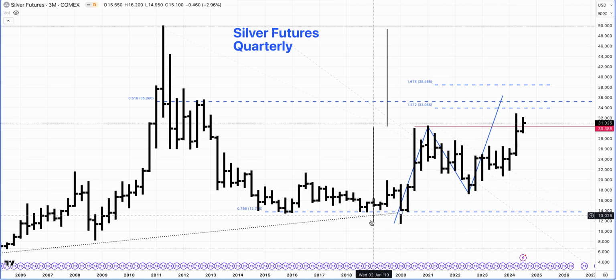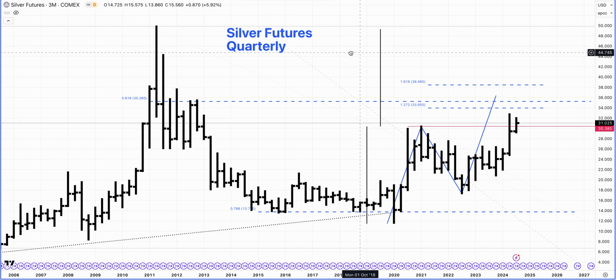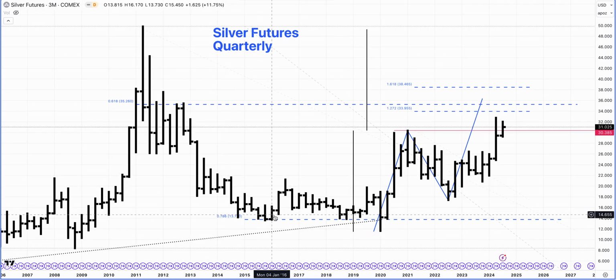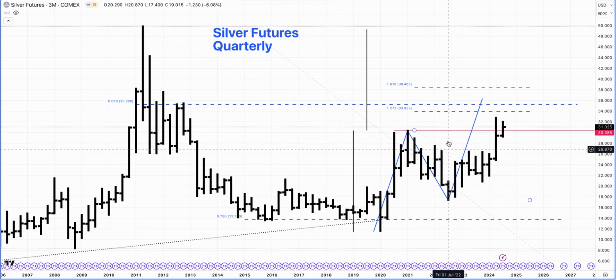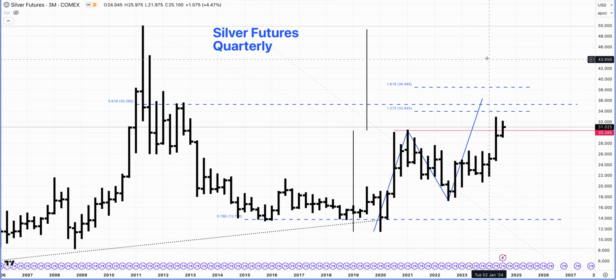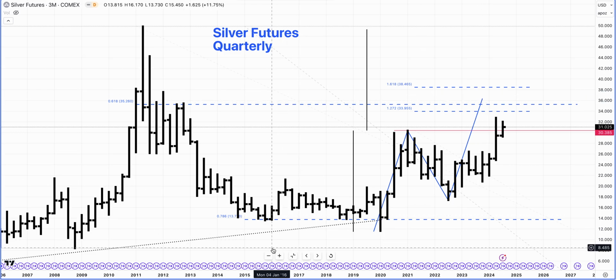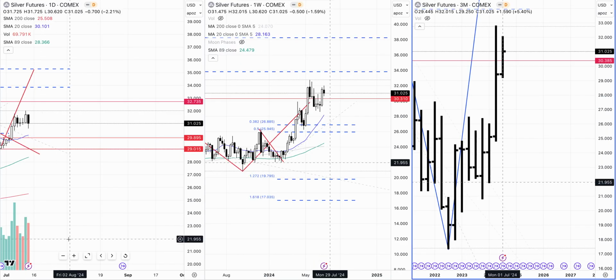And then if we do a kind of a Darwin box method to get the projection, then actually these highs coming in from April of 2011 around 50, the market might actually be challenging that as well. So there's a possibility for this, but just look at all this accumulation that took place here, now really nicely moving in this ABCD move higher. So that's what we are looking at for the silver market.